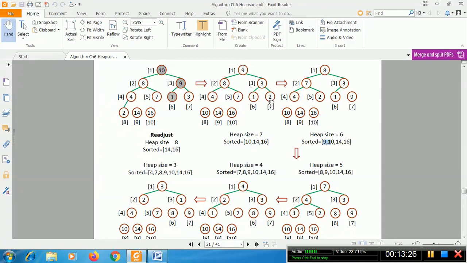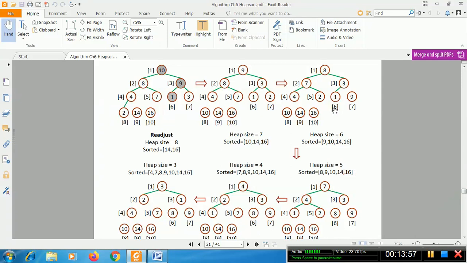So again follow the max heapify property. We will get this tree. This tree follows the max heapify property. So again we have 8 as the sorted position. So we will remove the root node. So it provides a sorted position. So here we can see 8 is the sorted position.